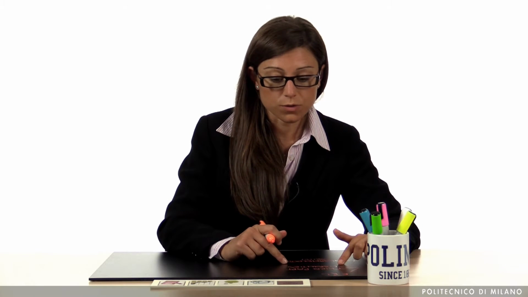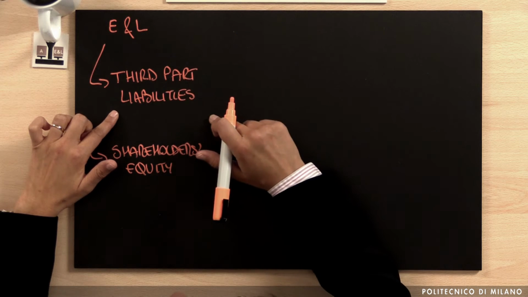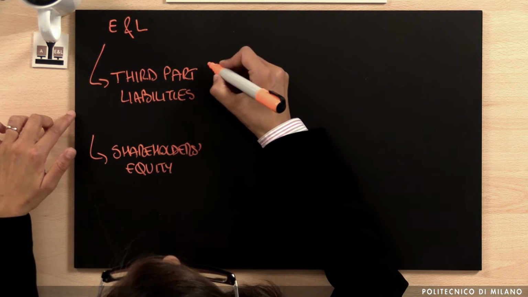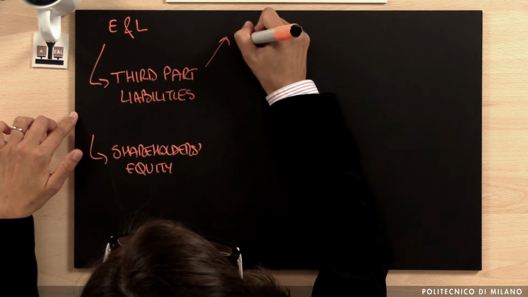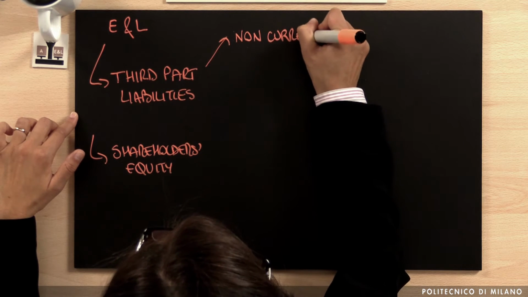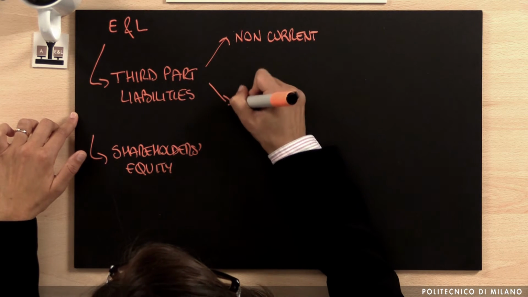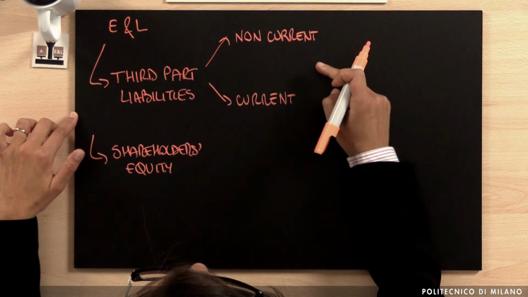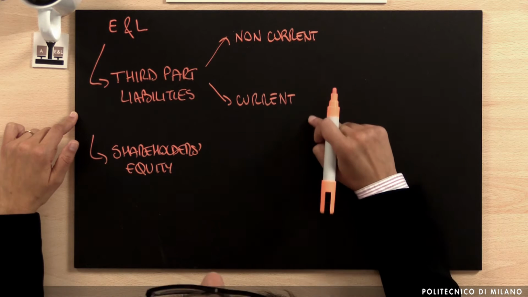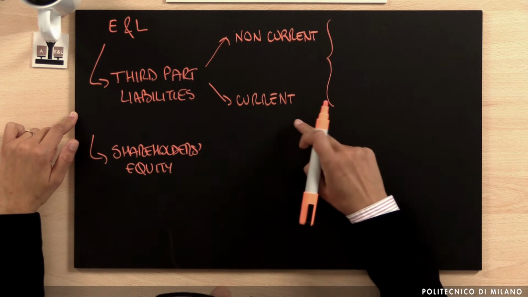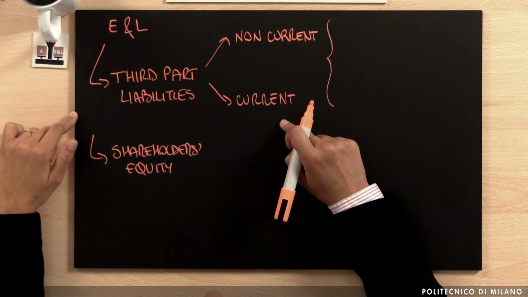If we have third-part liabilities, this means that the owners of the resources that are listed in the asset section are external, are outside the company. These third-part liabilities, we have discussed, can be of two different types. We can have non-current liabilities, but also current liabilities. We are talking about liabilities that are due by the company over 1 year or within the next 12 months. So all of the financial resources can be classified both as non-current and current depending on